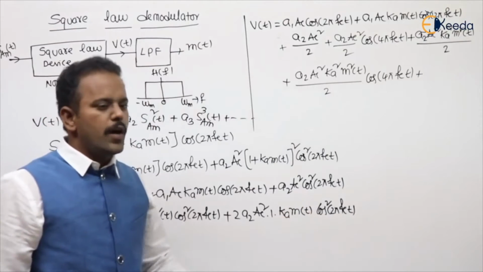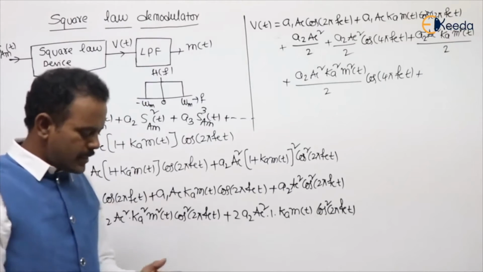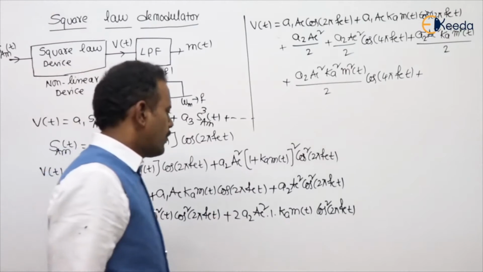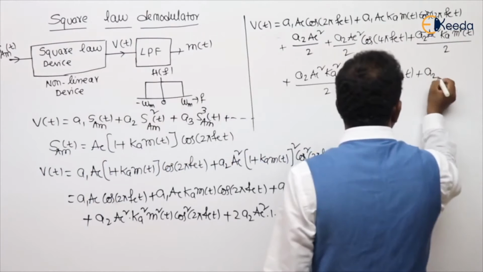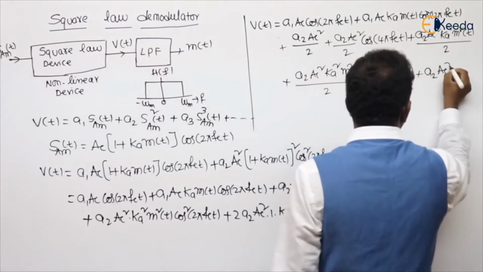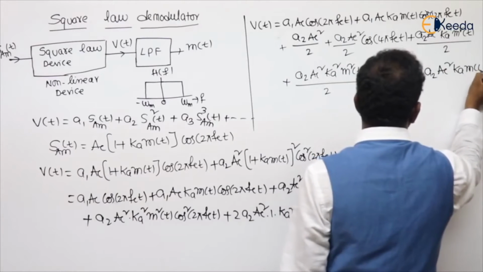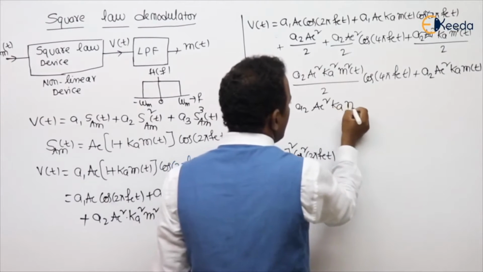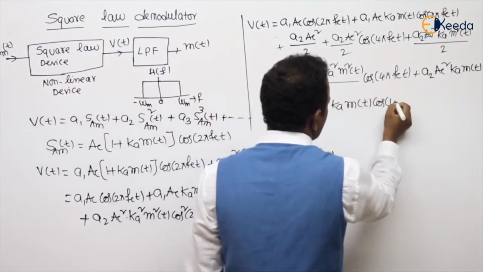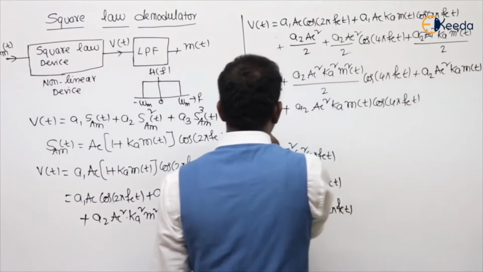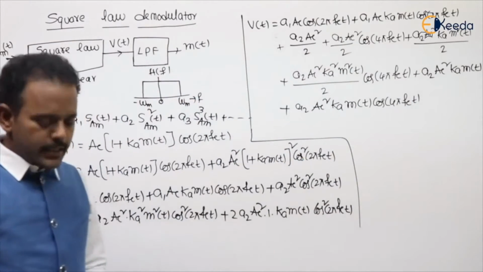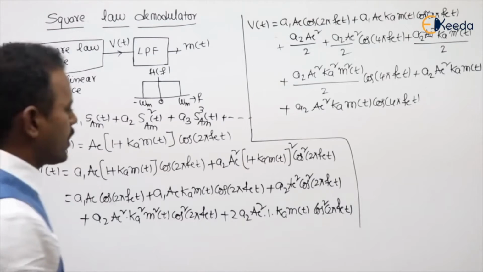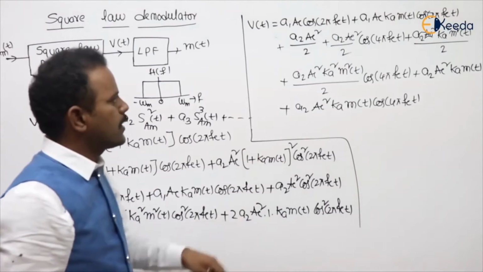Plus, see the last term. What is the cos square formula? Already 2 is there, which means this 2 will be cancelled by the 1 by 2. So 1 plus cos 4 pi fc t: A2 Ac square Ka into m of t, plus A2 Ac square Ka into m of t into cos 4 pi fc t. Just what have I done? I replaced cos square a by the (1 plus cos 2a) format, but since 2 is already there, the 2 is not in the last term.